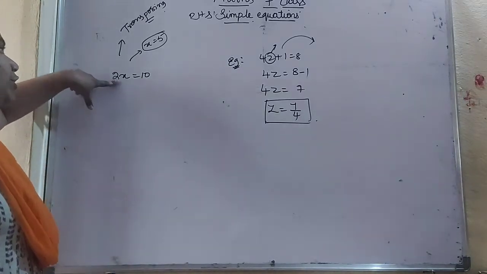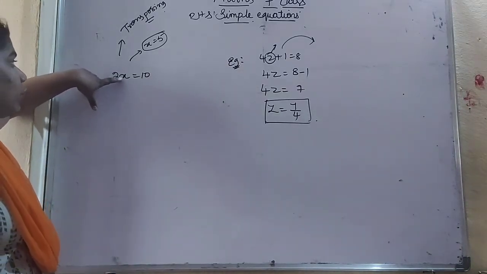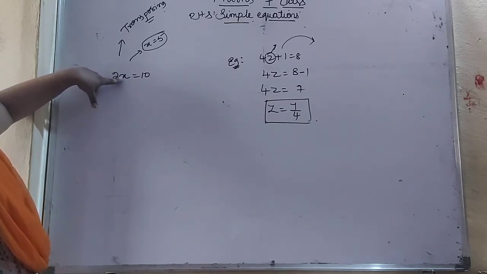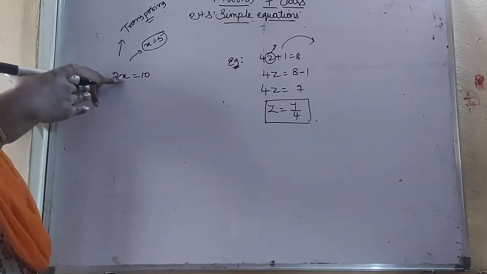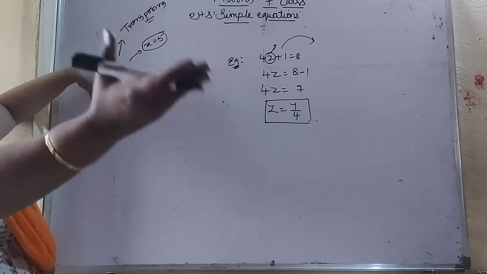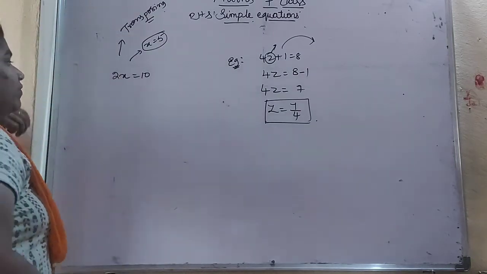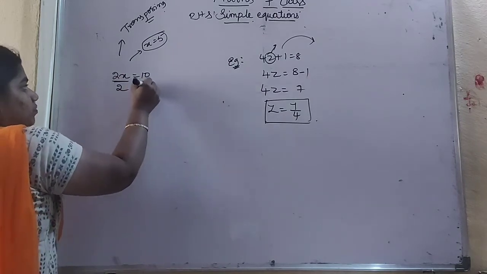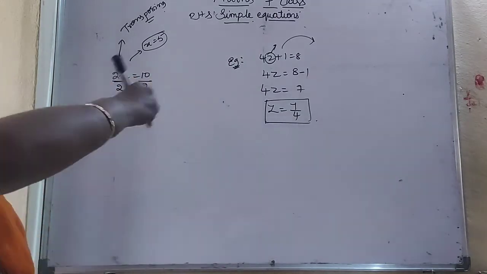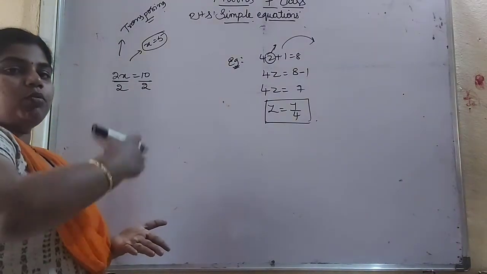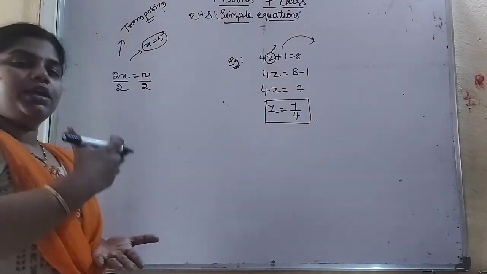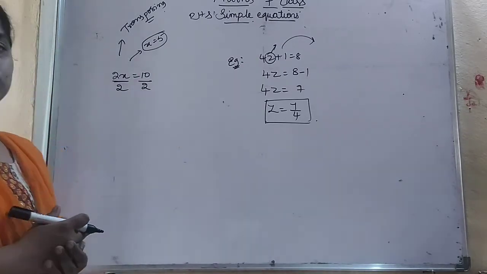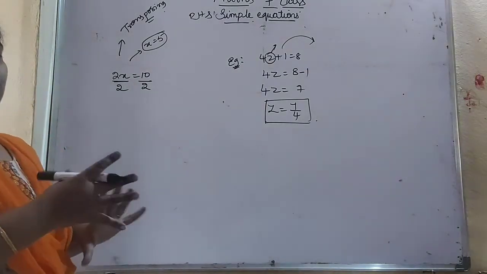So how to remove? So here what is there? 2 is there, and this is in the form of multiplication. If you transpose multiplication, that will become division, no? So in the same way, we will divide this by 2 on both sides. Okay, we are equating on both the sides. If you are writing the 2 in the LHS part, the same 2 should be written in the RHS part also.